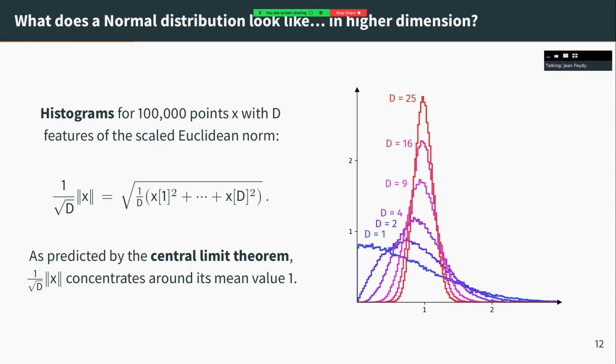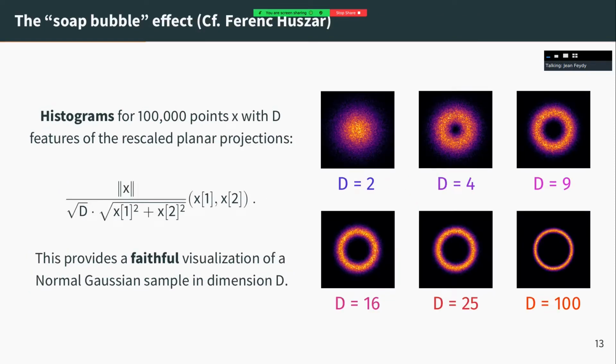Okay, so this is a 1D plot that already tells you that something strange is happening in high dimension, which is that a high dimensional normal distribution is kind of concentrated around a single value in terms of distance. But this is just for the norm of x. So what happened? Maybe a better way of explaining that to you is to try to draw the same plot but in dimension 2.